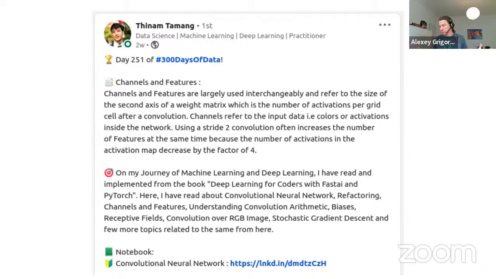I don't understand why you would want to do this, because it's not real points, it's just virtual points. But because everyone can go and check this, and everyone will see what you post, it makes you a little bit more careful, let's say. So not just put some garbage out there that is not useful, but actually come up with good, well-written posts like Thinam here did. And this is a very good example.